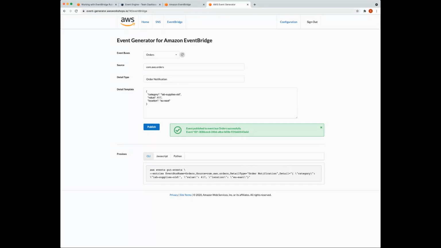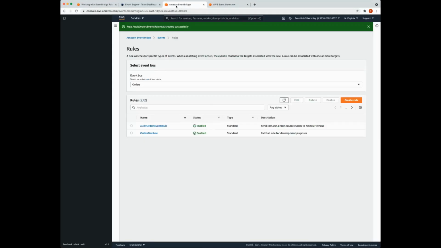All right. So what we're going to do now, we're going to head back to the AWS console, and we're going to verify Kinesis Firehose. In the search, we're going to open the S3 console.